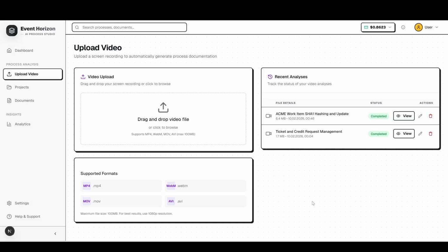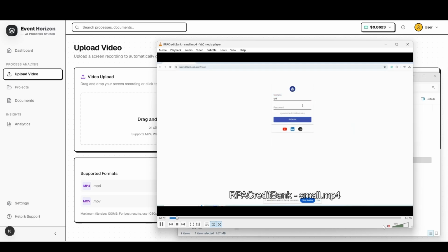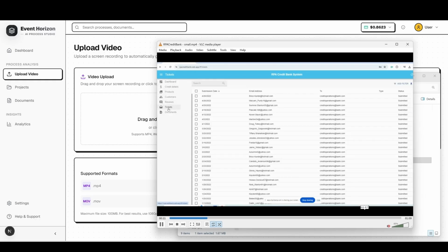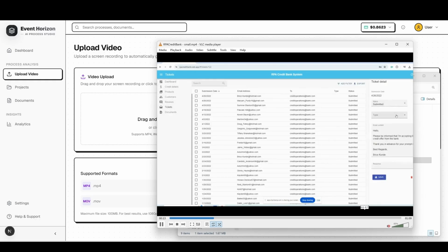To solve that, I have built an Event Horizon tool that allows you to create very detailed process documentation just from a simple video. Look here, I have a process recorded, and the person on the recording is just explaining what she's doing step by step by changing the status, and video in that form can be later